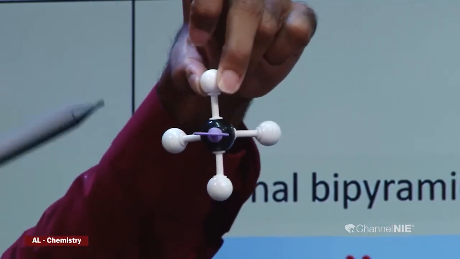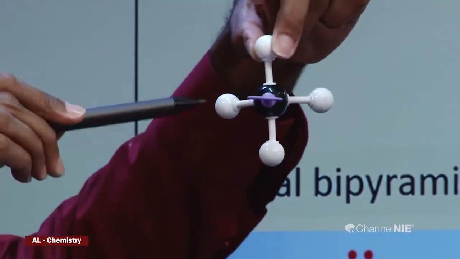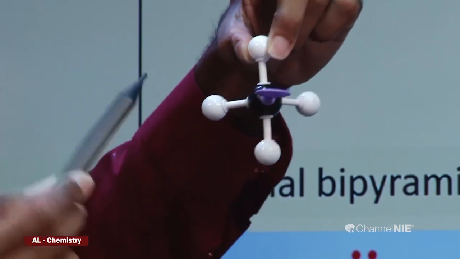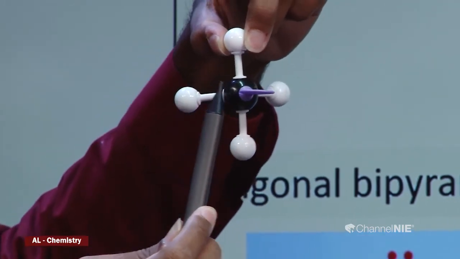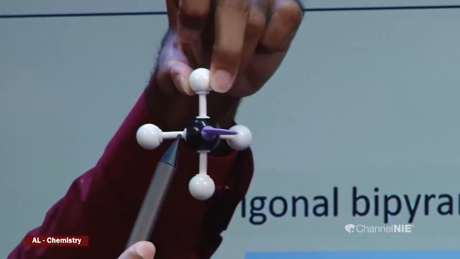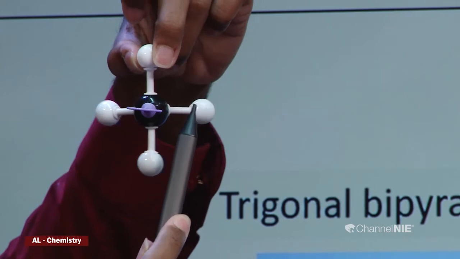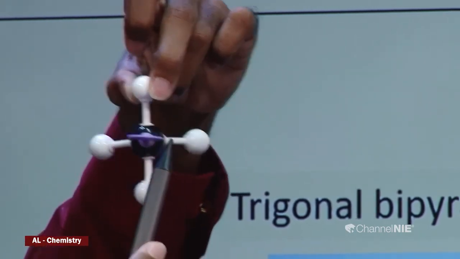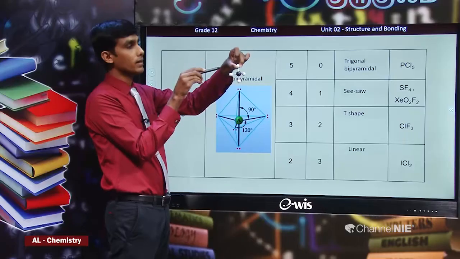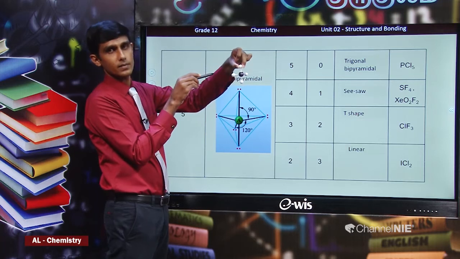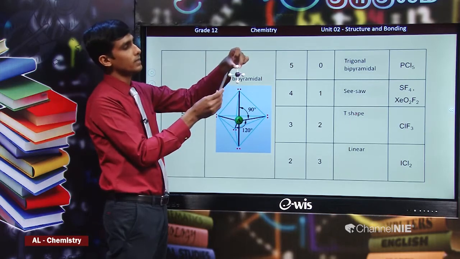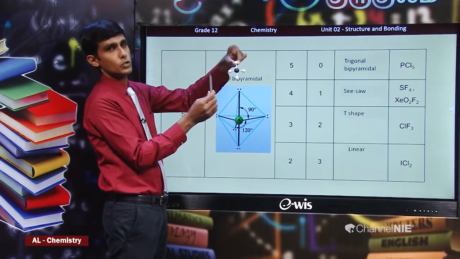In the previous one, the lone pair was in the axial plane, where you got 3 90-degree angles between lone pairs and bond pairs, but in this one there are two 120-degree angles and two 90-degree angles. Now in this one, since lone pair bond pair repulsion is greater, the lone pairs and bond pairs are further from each other compared to the previous one, where there were 3 90-degree angles. That means 3 lone pair and bond pair interactions were closer there. But in this case, this is more stable, that means less repulsion compared to that.